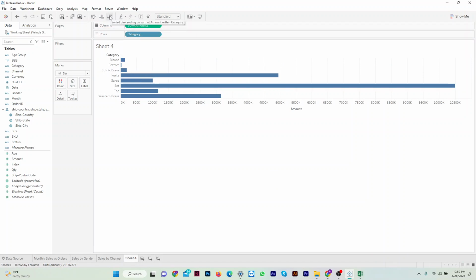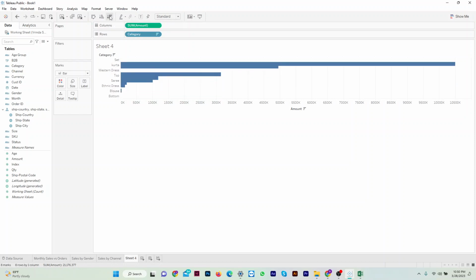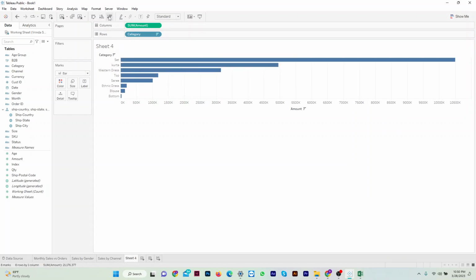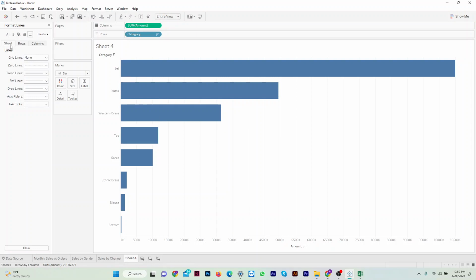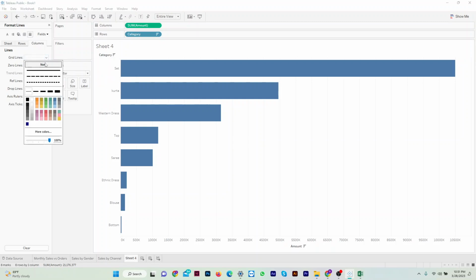You can rearrange it to descend from the highest to the lowest, like that. So you click here to arrange it, and then we go up here and select entire view. And now let's format these and clean these up. To remove these grid lines running vertically, you go to format, you go to lines, and then if you go to sheet, it will show you none. If it's rows, it is lines that run horizontally. If it's columns, they will run vertically. So you go to columns, and then you will go to grid lines and select none,